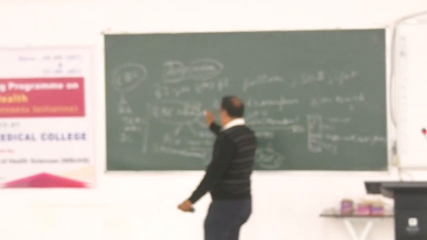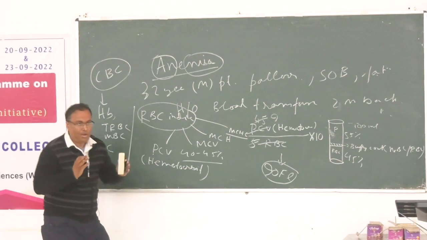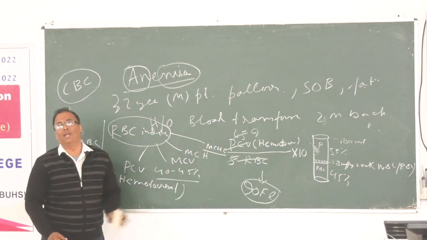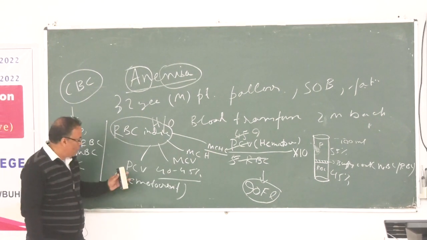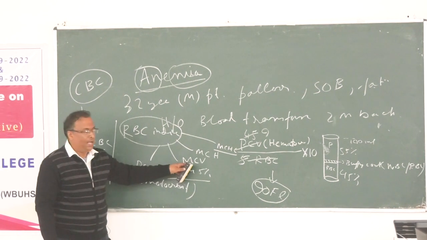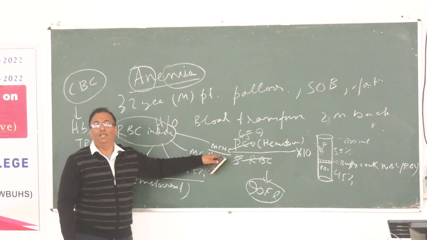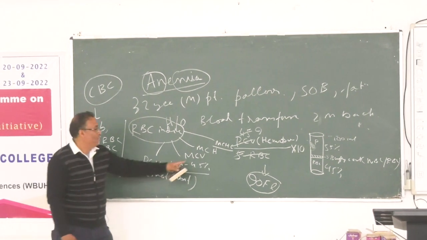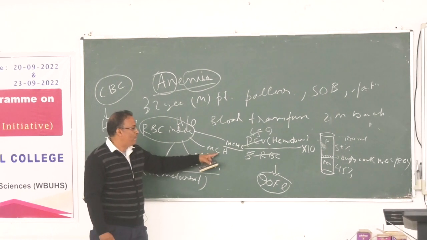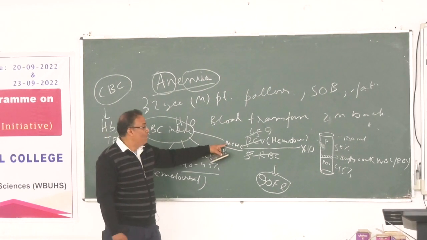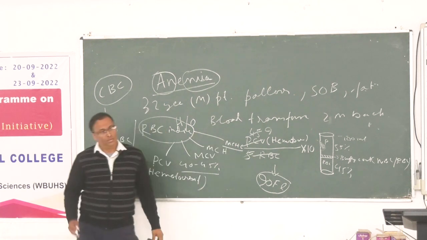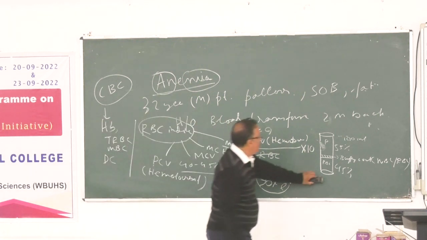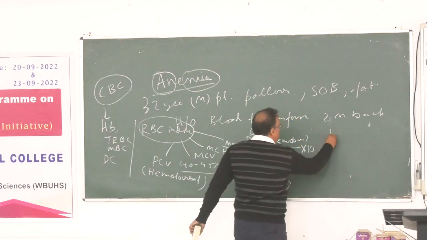So these are the indices you came across through your book, but I would like to suggest that it should be done in a good way. So PCV, MCV, MCH, MCHC, these are the RBC indices. A short note can come. Now, what is the difference between the mean corpuscular hemoglobin and mean corpuscular hemoglobin concentration? These are very similar things. The difference is only one, that in case of MCH,